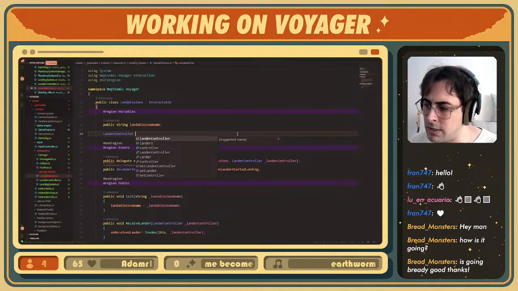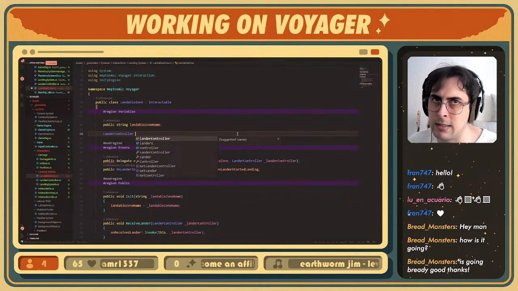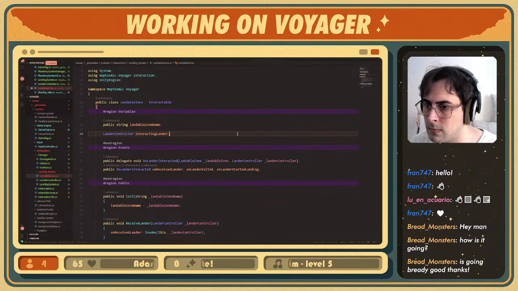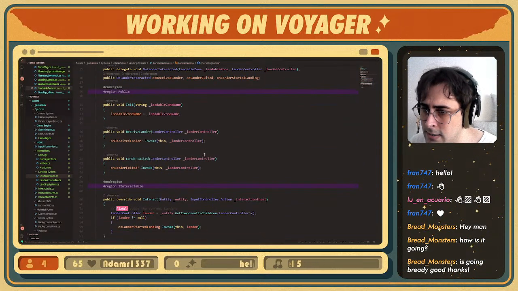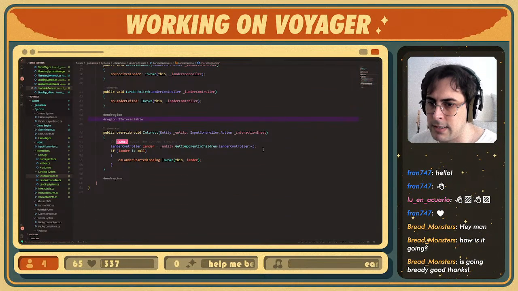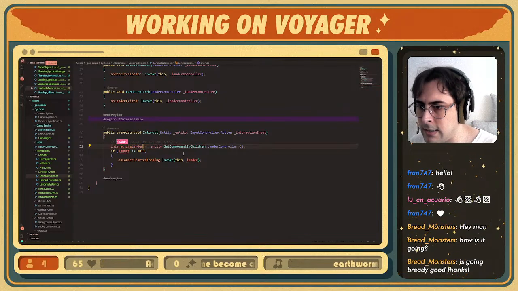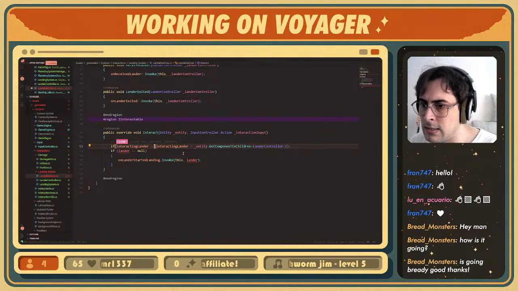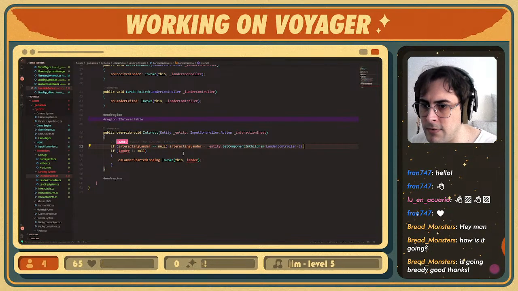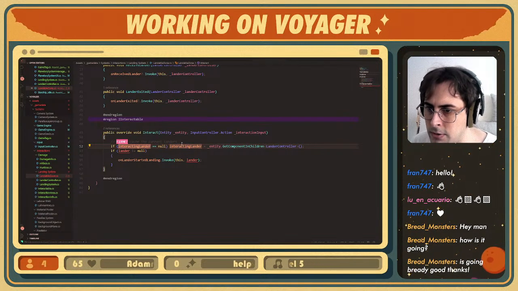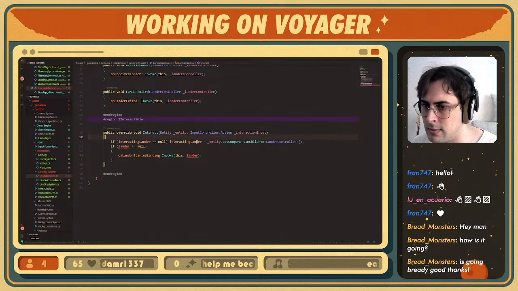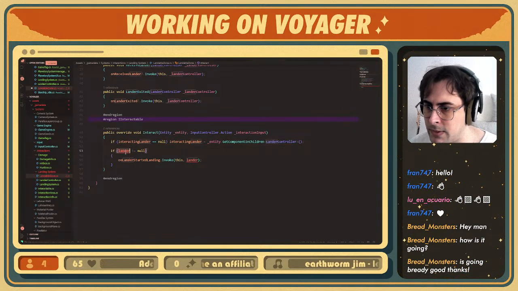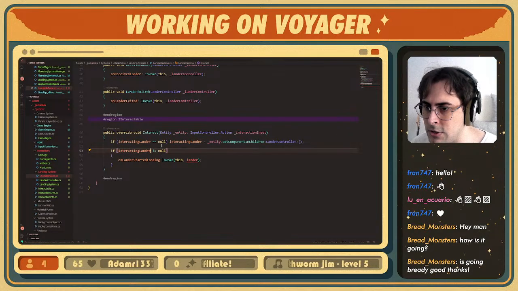I should actually save this in a list, but for now I'm going to do this, interacting lander. If the interacting lander is null, I'm going to cache the value. And after that, if interacting lander is not null,